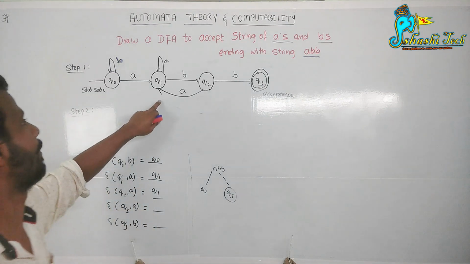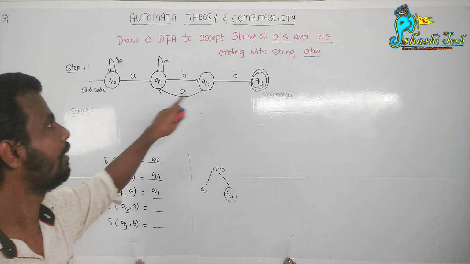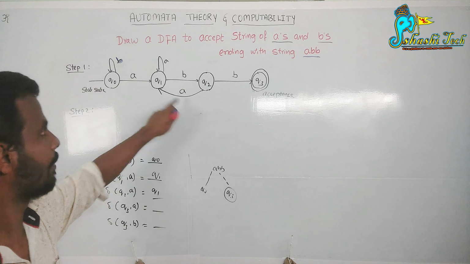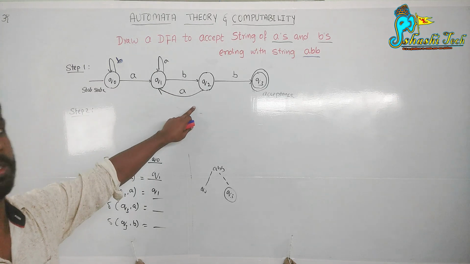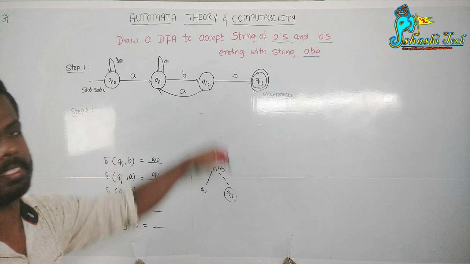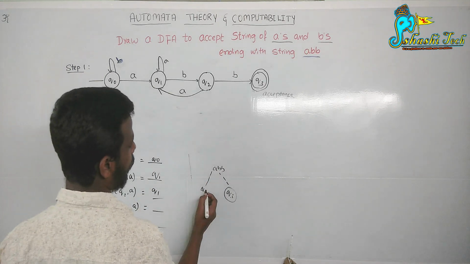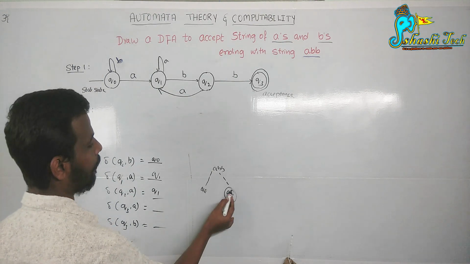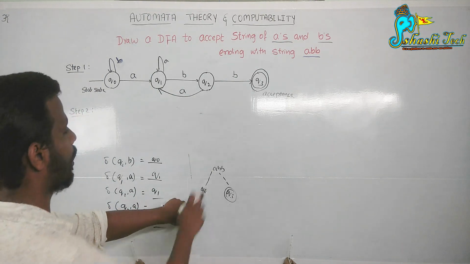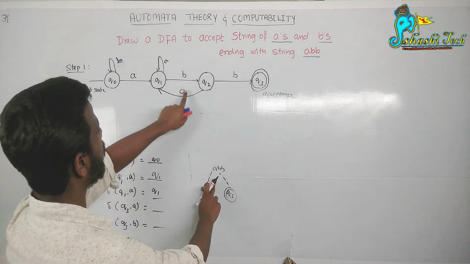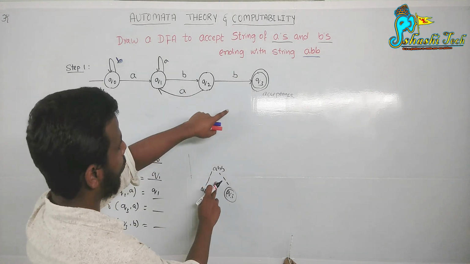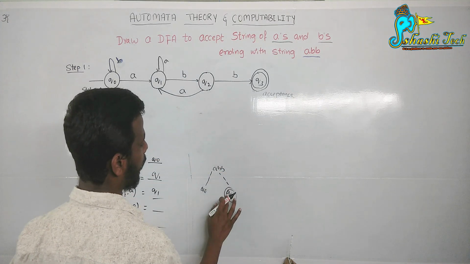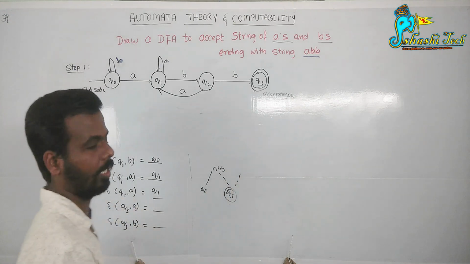Because I am skipping writing these two intermediate states. Understand? I am not skipping these two states, but writing those two states I am skipping. So, Q0 upon accepting A, B, B, it is going to reach the Q3 state. I am writing the final state directly. You can also write Q0 upon accepting A, Q1, Q1 upon accepting B, Q2, Q2 upon accepting B, Q3. You can write like that also, but I am writing directly, because it is not required here.